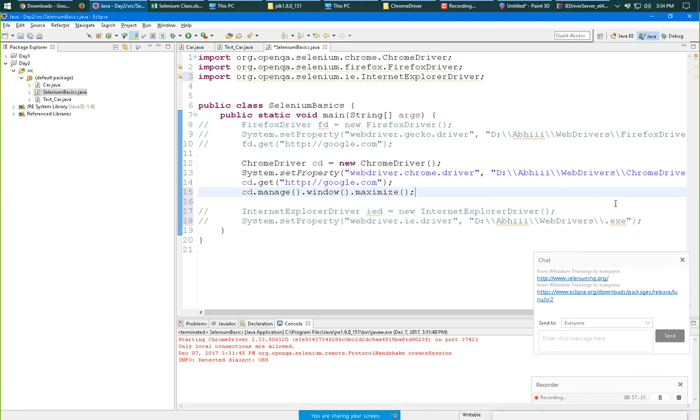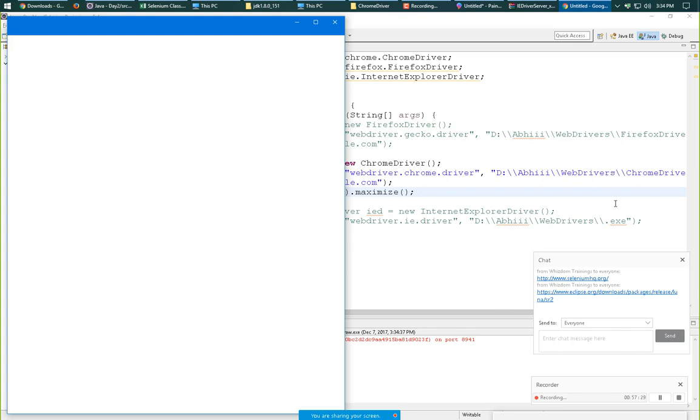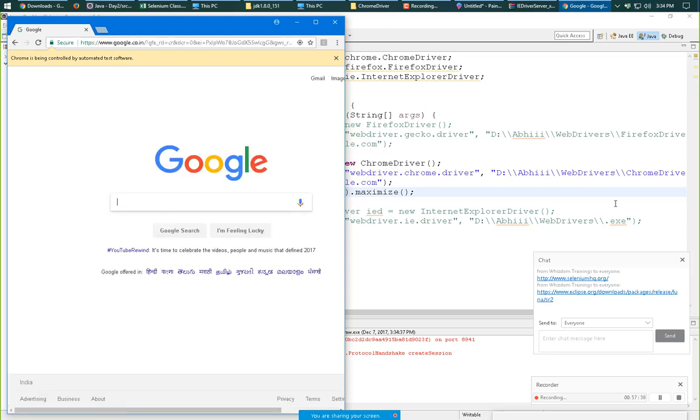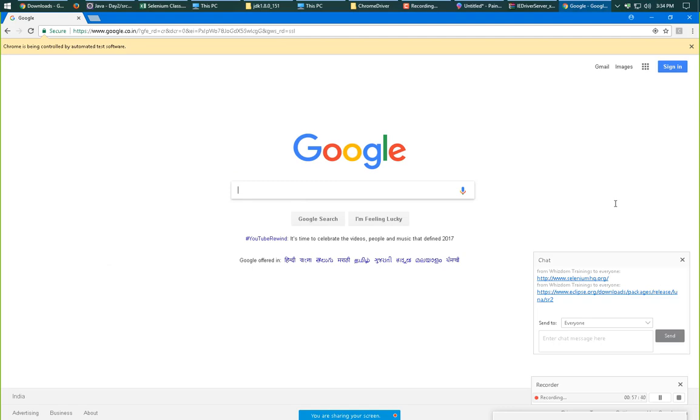With the help of this command, it is just maximizing the window. So after opening google.com, it will maximize the Chrome window. See, it already maximized it.